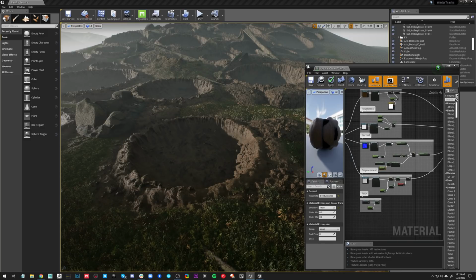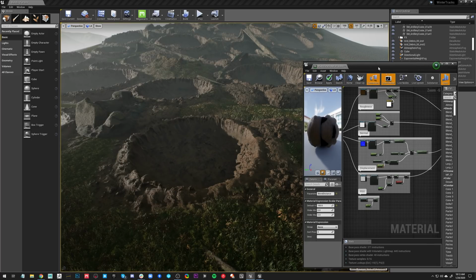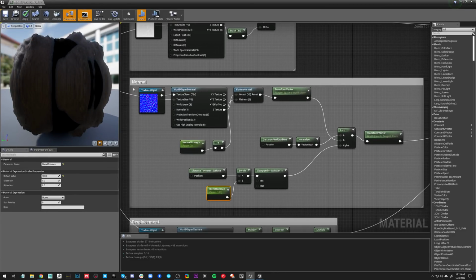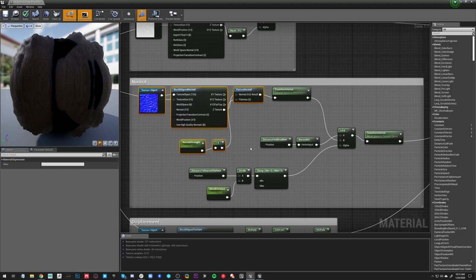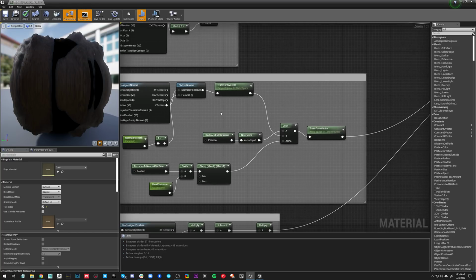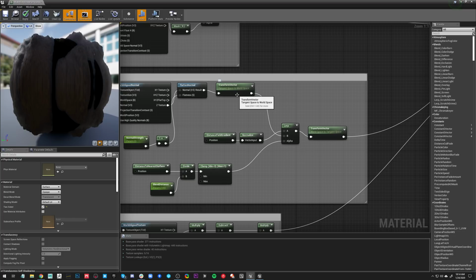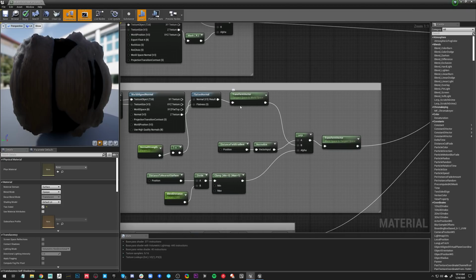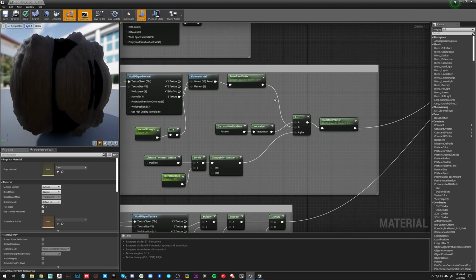Let's go ahead and break into how we're sampling this and how we're actually doing this. Right here we have our normal, and this is just pretty average stuff. I'm just routing our world aligned texture into a flattened normal, so I can adjust the normal strength. From here, we need to transform the tangent space data, this is a tangent space texture, to a world space texture.